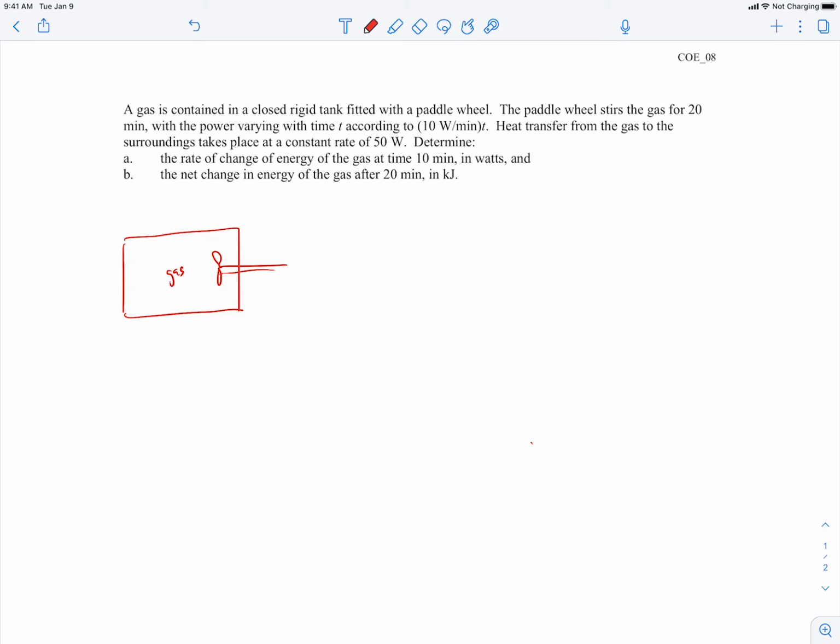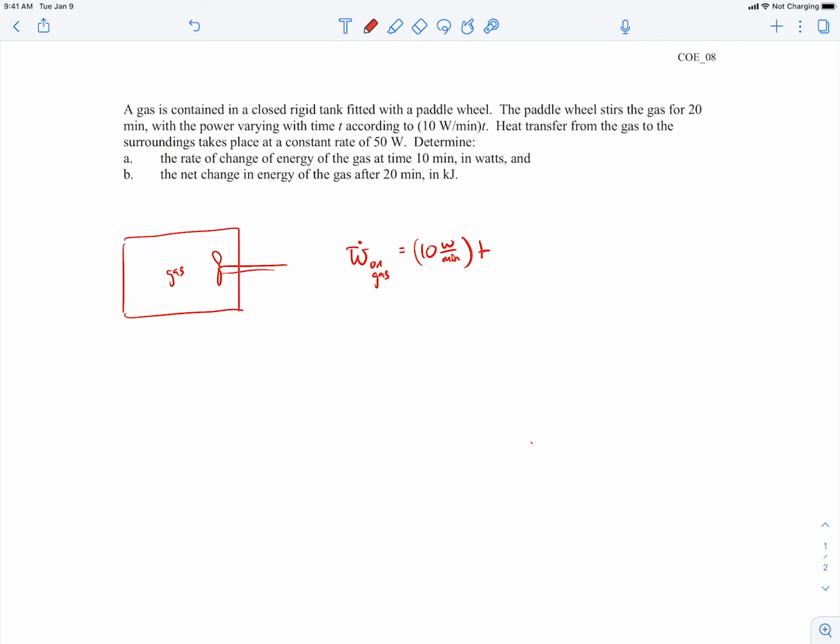And we're told the paddle wheel stirs the gas for 20 minutes with the power varying with time according to what's given right here, 10 watts per minute times the time. So what that means is that the power being done on the gas is 10 watts per minute times the time. We're also told that heat transfer from the gas to the surroundings takes place at a constant rate of